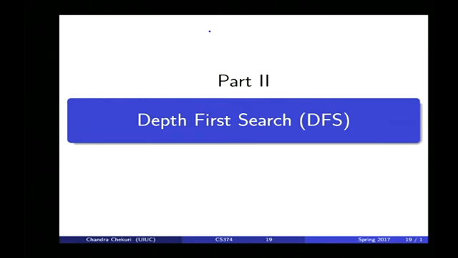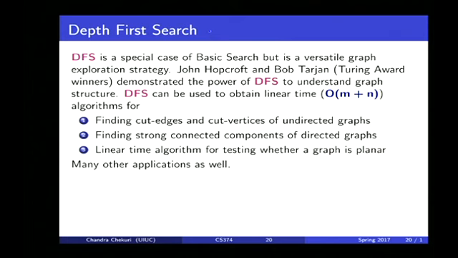All right, so let's discuss one particular graph search strategy called depth-first search, which many of you are familiar with, and see some properties that are useful in algorithm design. Why is depth-first search useful? It is a variant of the basic search. If you just want to do reachability, you don't need depth-first search. It's one strategy, but it has some very interesting properties. In fact,